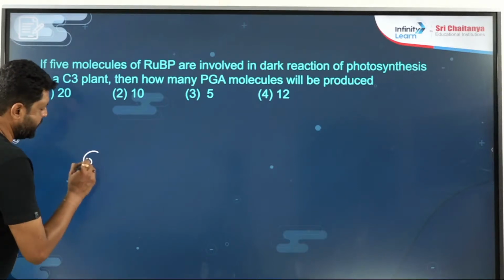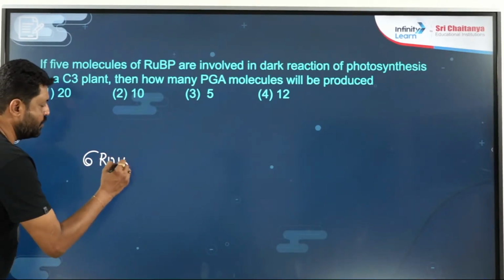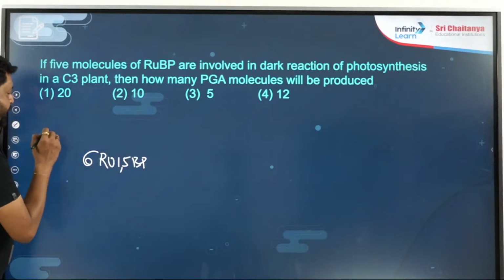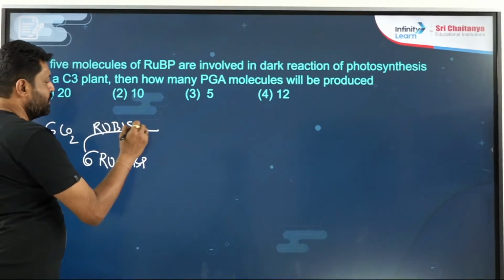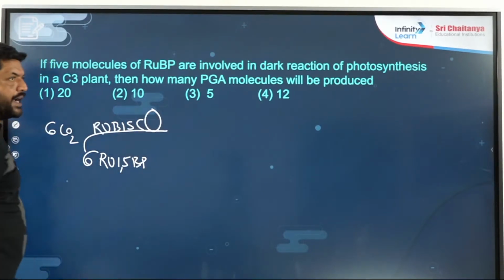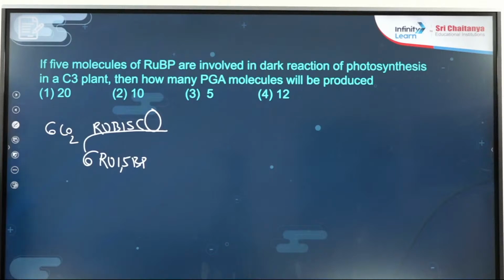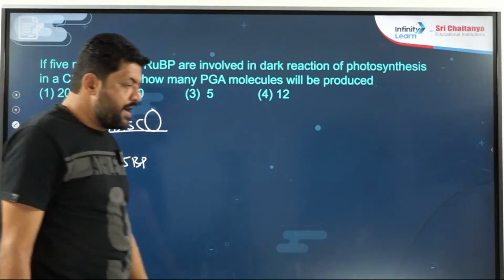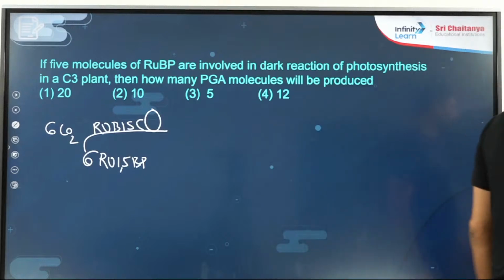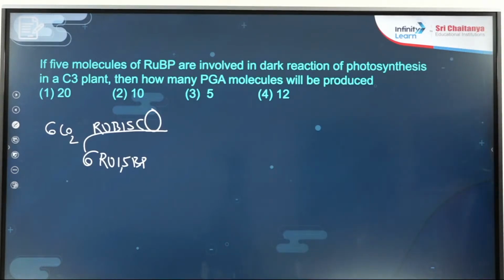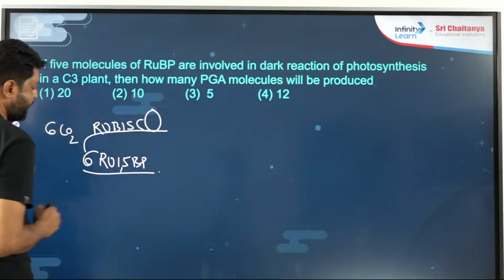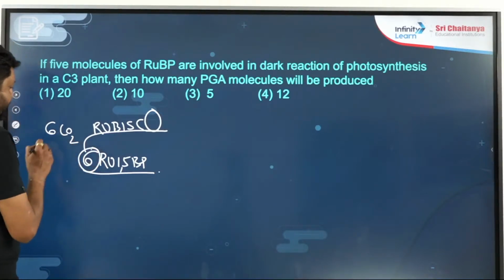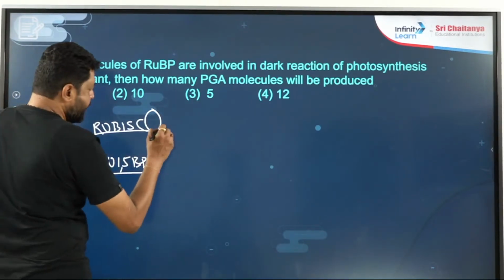Done. So have a look here. In direct reaction, 6 moles of RuBP, ribulose 1,5-bisphosphate, is attached with 6 moles of CO2. In the presence of rubisco, because rubisco has dual nature, depending on the relative abundance of carbon dioxide and oxygen, rubisco can act as carboxylase as well as oxygenase. This is the dual nature. So 6 moles of RuBP and 6 moles of CO2 in the presence of an enzyme rubisco